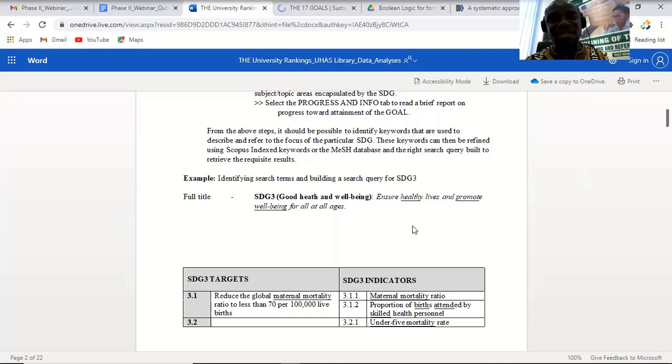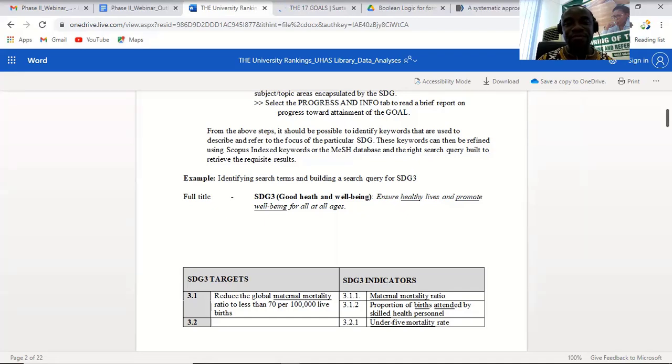That's one critical part of the documentation process. We should be able to develop a query, all right? And that query should follow the syntax that is executable by the particular search engine or database. Now, in this case, while we are still waiting for the SDG page to load, it looks like our internet